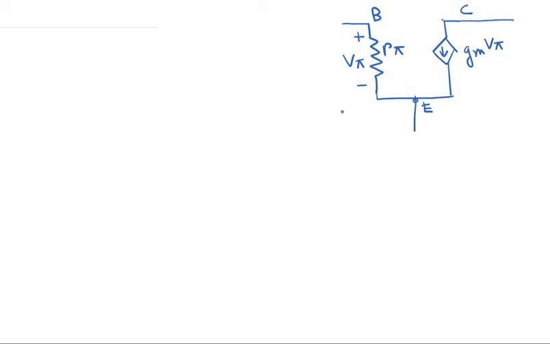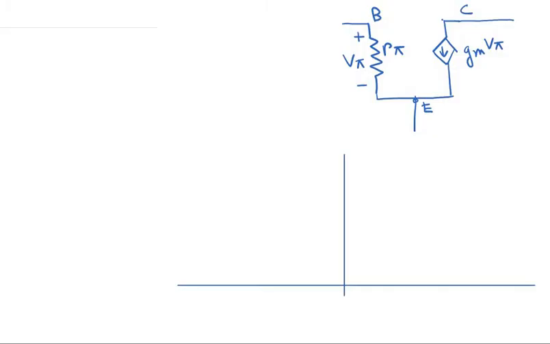This was the equivalent model for the transistor only, and then we might have external resistors which we need to connect to this small signal equivalent model of the transistor. Now, for a non-ideal transistor we have seen earlier that the collector current is not exactly constant with the collector to emitter voltage, but increases slightly with it. This effect is known as the early effect. This we have studied earlier.